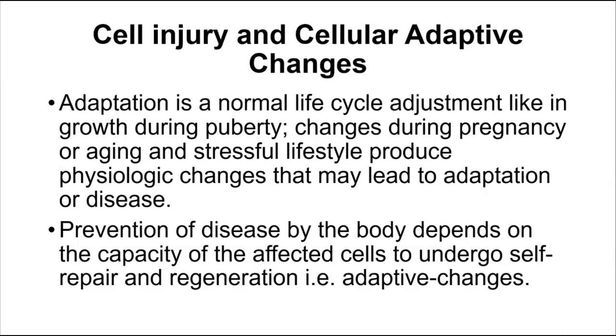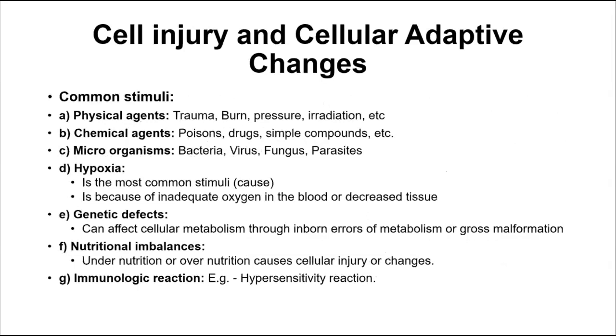For example, adaptive changes. So, kaya nga, the capacity of our body to prevent diseases would depend also on our cells, on how they will adapt to the injury that they suffered. So usually, these are the common stimuli, or the common causes of why our cells will suffer injury. First, physical agent, chemical agent, microorganism, hypoxia, genetic defects, nutritional imbalances, and immunologic reaction. Of course, when we say physical agent, usually it is brought about by trauma, motor vehicular, or a blunt trauma,